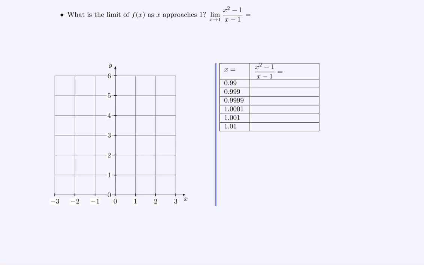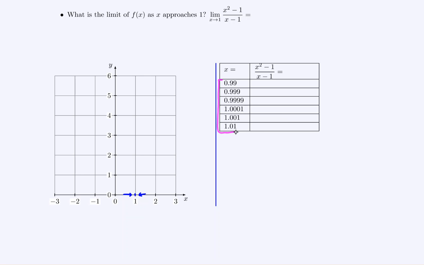And if we had a graph, what would we do? We would look at the x value of 1, and we would say what happens as the x values get closer to 1 from the left and the right? What's happening to the trend of output values? And we can do this through a table. Now if you look at my table,